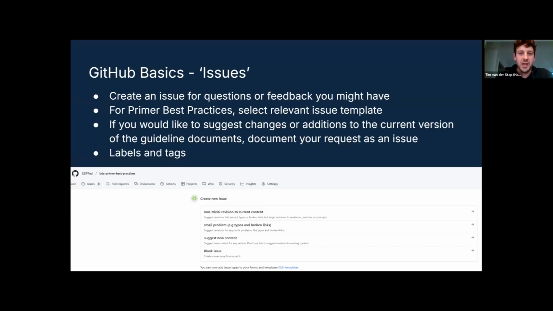It is possible to label issues or tickets a little bit more clearly if you do want to filter by them or search by them. As well, if the issue or the question is specifically targeted at somebody, you can assign that specific issue to them by adding their GitHub handle to the issue.